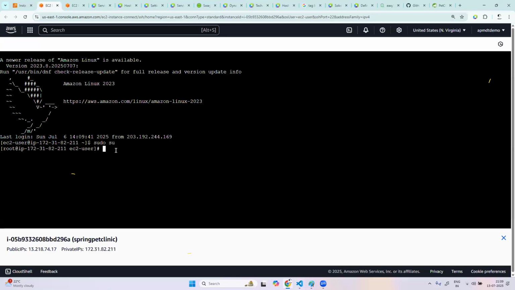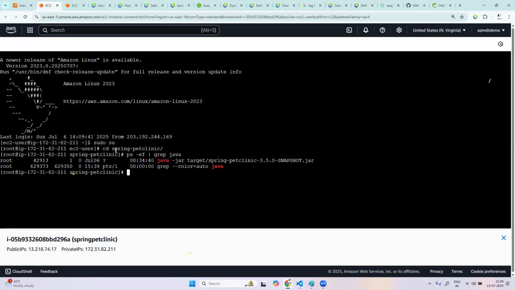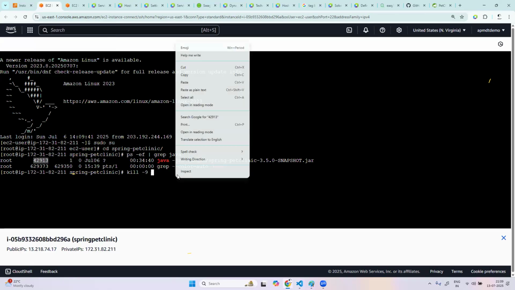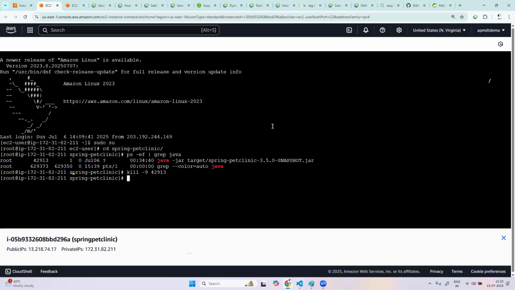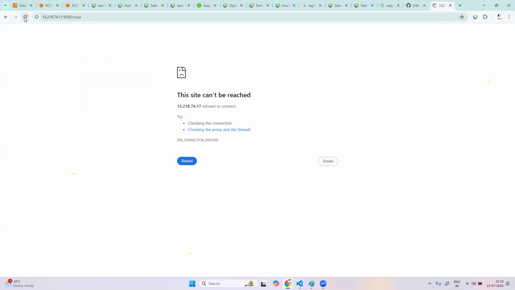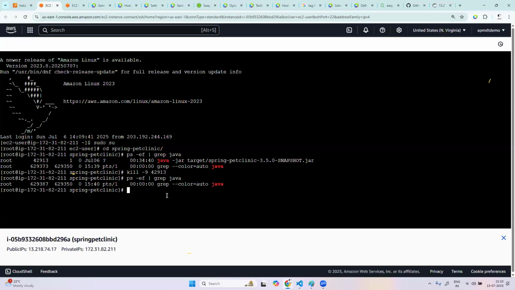Sudo su. Then ps -ef | grep java. kill -9 and this is the ID. It is gone. Now check application loading. No, it won't get loaded. So now what I can do is